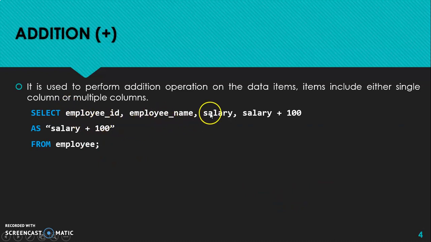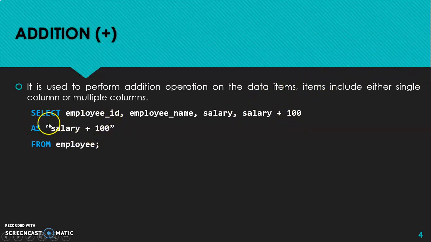select employee ID, employee name, salary and salary plus 100. Here I am creating a new column in the view. This column does not exist in the table. Because I am performing the operation while displaying it, I am creating a new column, salary plus 100, as salary plus 100.